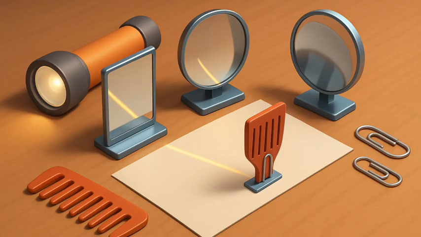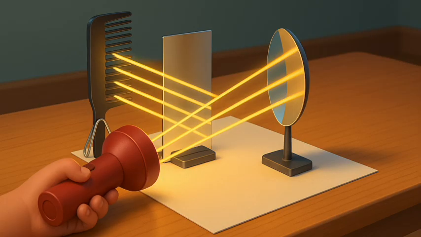Activity 10.6. Let us explore. 1. Collect a plane mirror, a concave mirror, a convex mirror, stand for mirrors, a torch, a comb, and a paper clip to hold the comb upright. Use the same setup as Activity 10.4 again, but instead of a single slit, leave many openings of the comb uncovered to obtain multiple parallel beams of light, Fig. 10.11a.